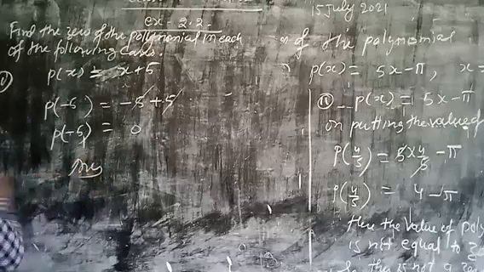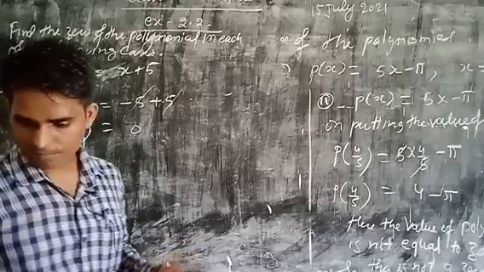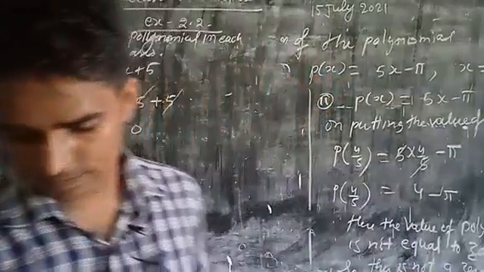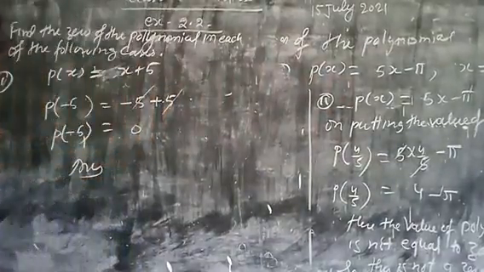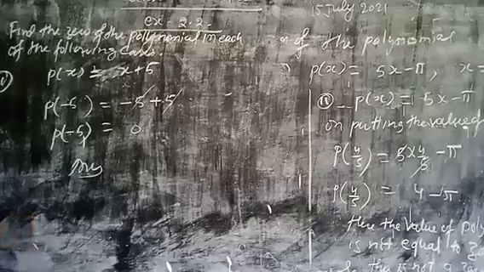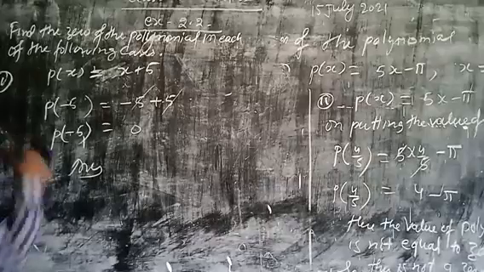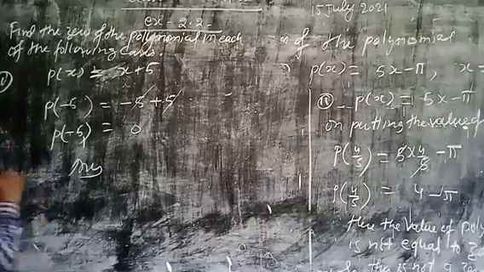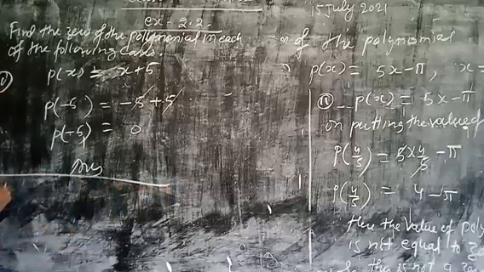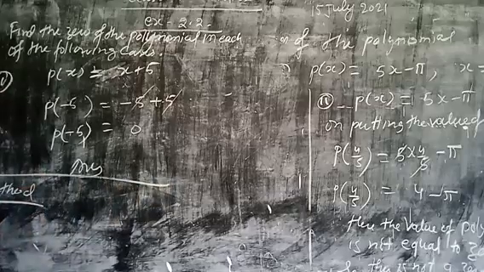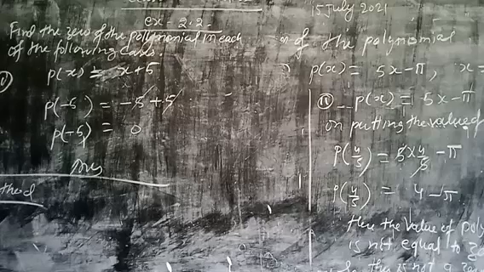So this is the answer of the given question. Okay, friends, there is another way. According to this way, you can also find the zeros of the given polynomial. Now look at this, this is the second method. In this method, first we will compare the given polynomial with 0 and then find the value of x, which is the zero of the polynomial.